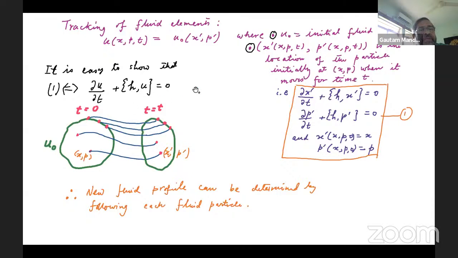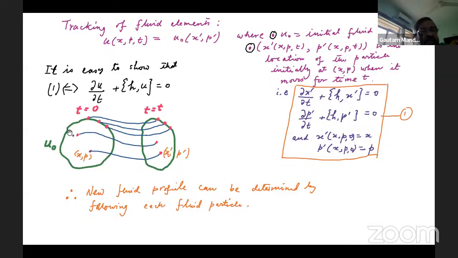So what I mean to say here is the following. This slide says the following thing. You look at all fluid elements. You can think of them as individual fermions, and you evolve them. This is the phase space point. So this is a diagram in phase space. You evolve this phase space point, starting from here to wherever it goes after a time t, and you do that for all the points inside this. In particular, you do that also to the boundary.